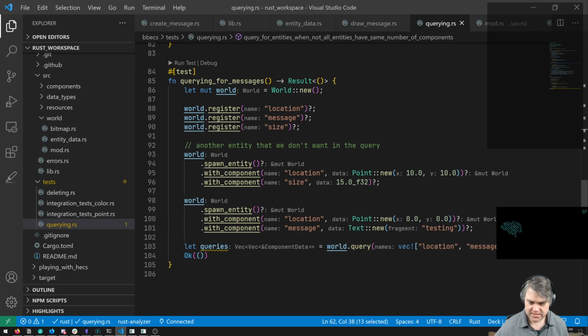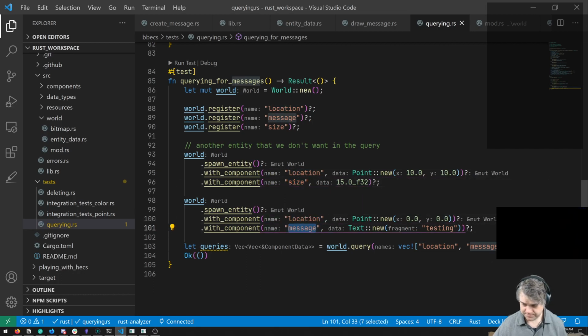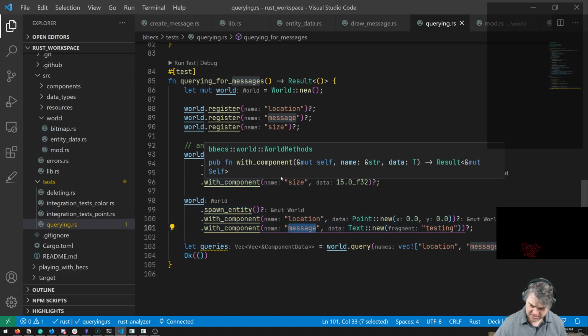This is location and size, location and message. The bitmap did seem correct.